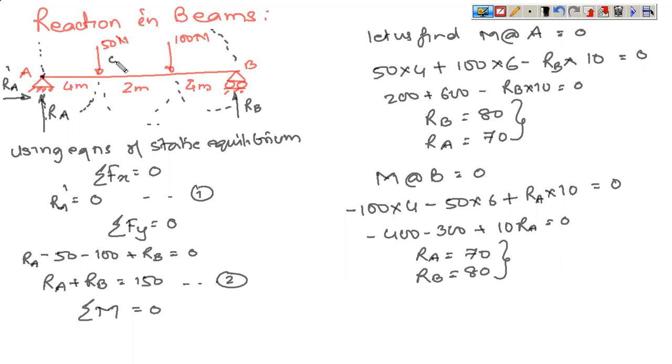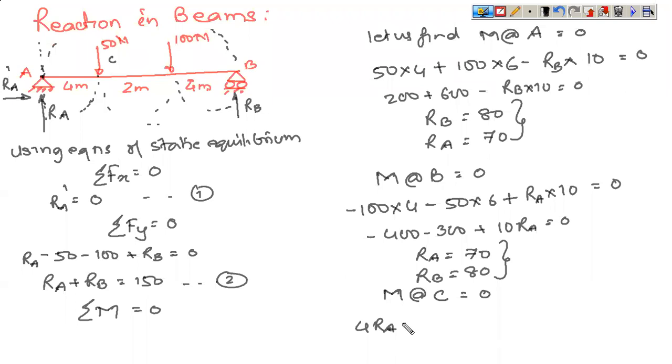Again, let us take for example point C. If you write down moment about point C and equate it to 0, if you look at this RA dash, this does not have a perpendicular distance. RA is at a distance of 4. So this is 4 RA. The nature is clockwise in nature, so this is positive. This 50 Newton force will not produce any moment because the perpendicular distance is taken from C and this 50 Newton force is acting on point C. So this does not have any distance.